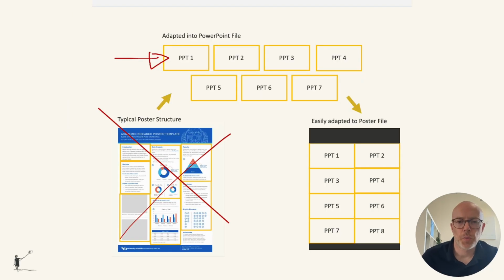So our approach was to capture each story using the context, problem and solution structure as we discussed earlier, but then we used a typical research poster structure and developed 8 sections that would walk an audience through the project. So this would create 8 PowerPoint slides for each project, and then these could be used in a typical digital format for presentation, for example, but also easily converted into an A1 board.